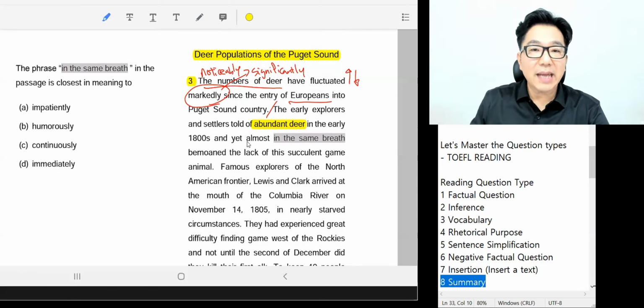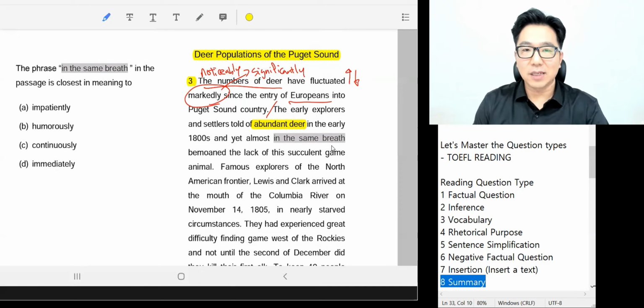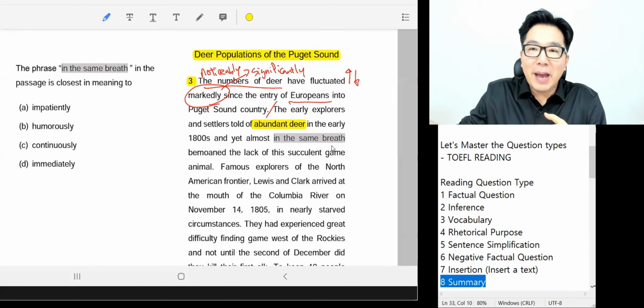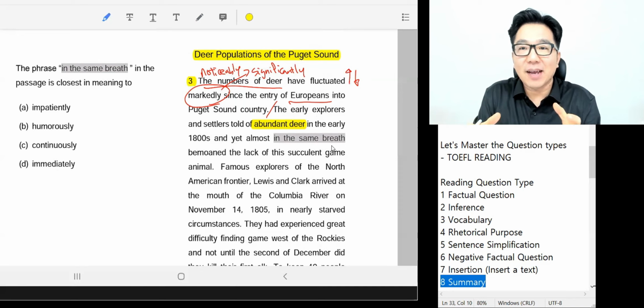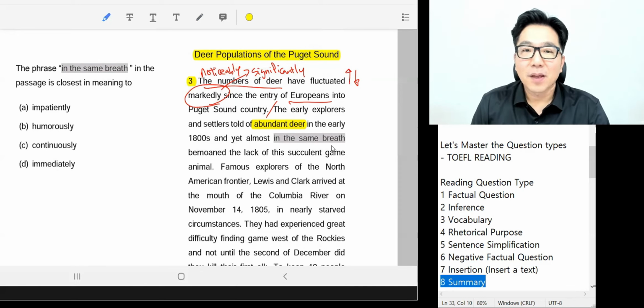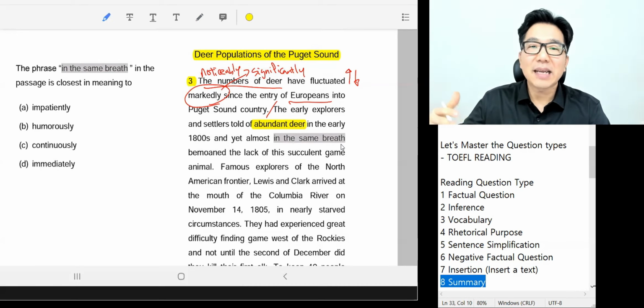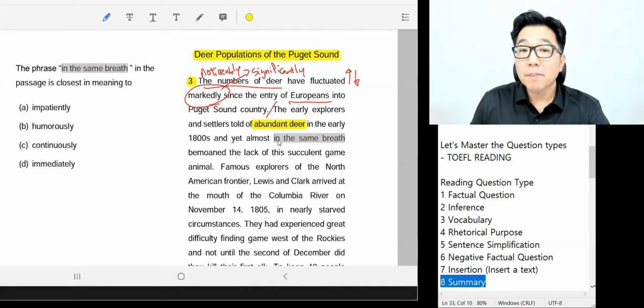In early 1800, and yet almost in the same breath. So same breath, it's obviously rhetorical, okay? Literally in the same breath means like, before you make the next breath, within the same breath, okay? So it means like at the same time. Or figuratively, like almost at the same time, like immediately after, or more or less at the same time, okay? Within a very short period of time. That's what in the same breath means. So early explorers say, wow, there are so many deer, but immediately after or almost at the same time, they